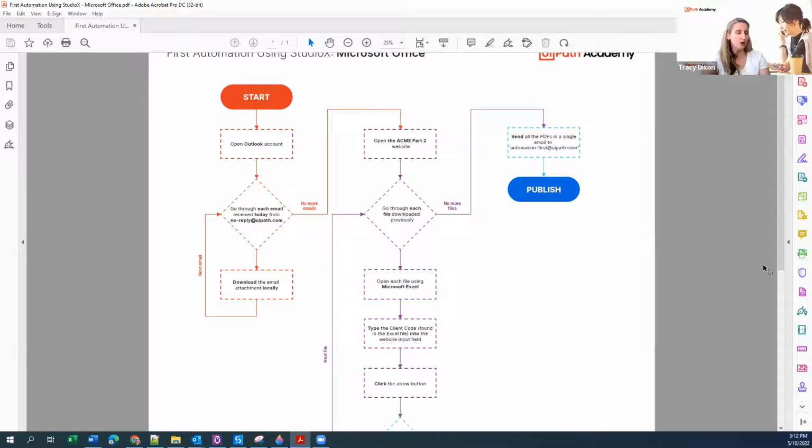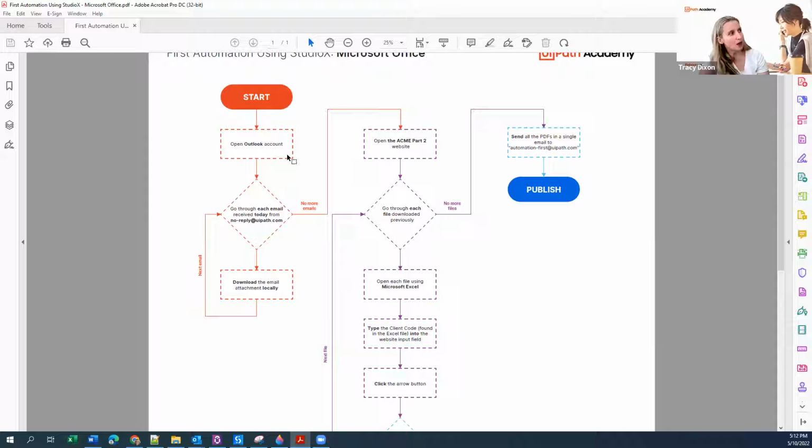It goes so much better if you've worked out logically what you would do by hand if you were doing the same thing completely on your own without the help of a robot. So just so you know the conventions, the rectangles are typically a process step, and the diamonds here are a decision point where you've got to pick a direction one way or the other. So in this automation,